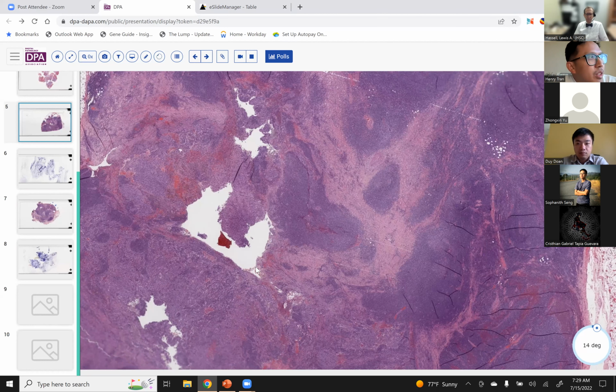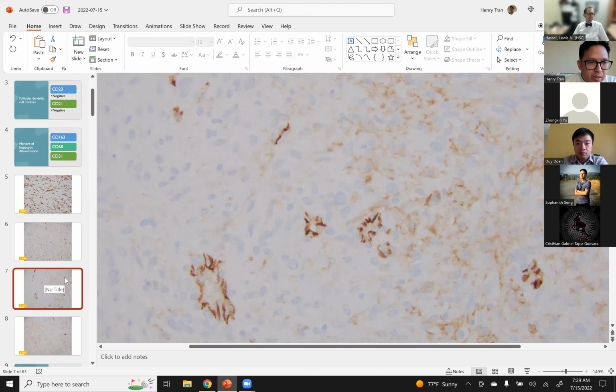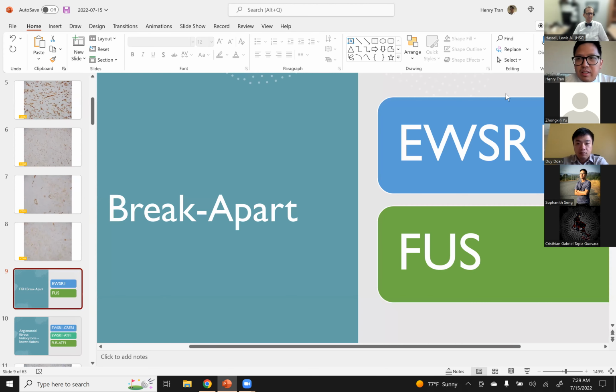So what I ended up doing was a break-apart FISH test for the genes EWSR1 and also FUS. And I do this commonly now. Anytime I order EWSR1, I always order FUS along with it, just because